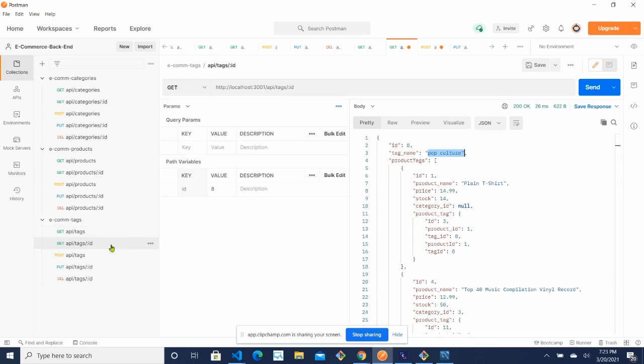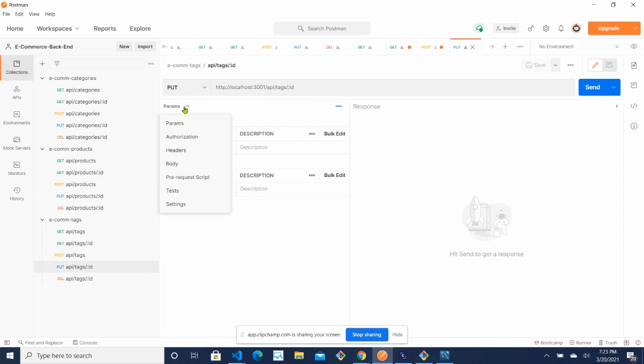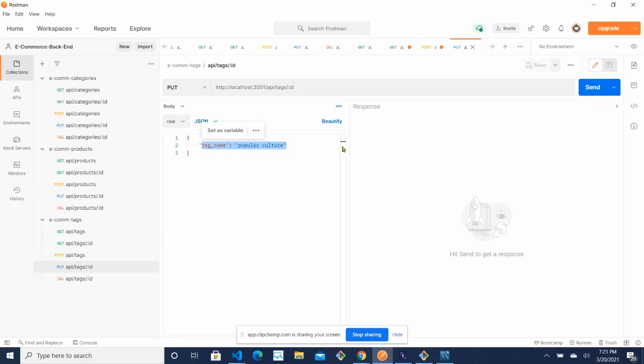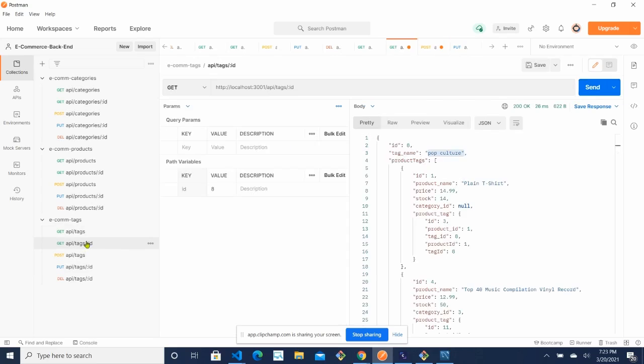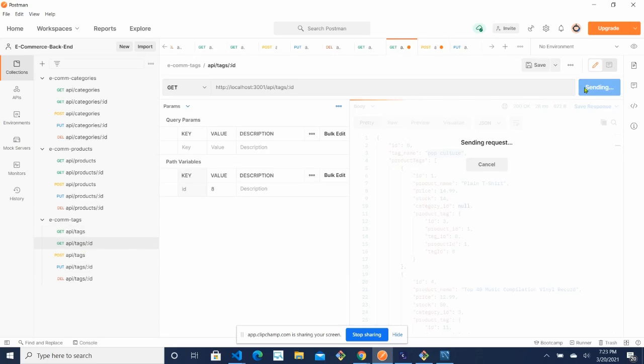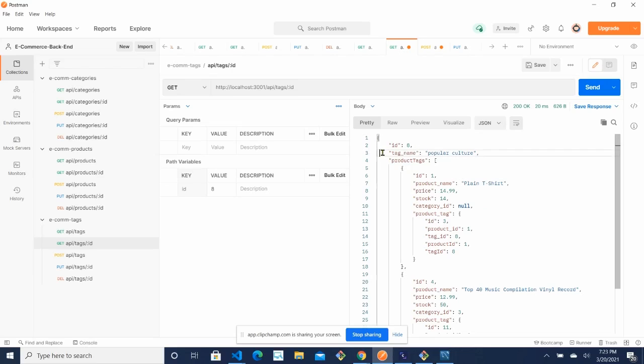So maybe we'll change this tag name. If you go to the body, we have already changed the tag name to popular culture. If you send this, one record has been changed. Let's bring this back, and here the tag name is changed to popular culture.